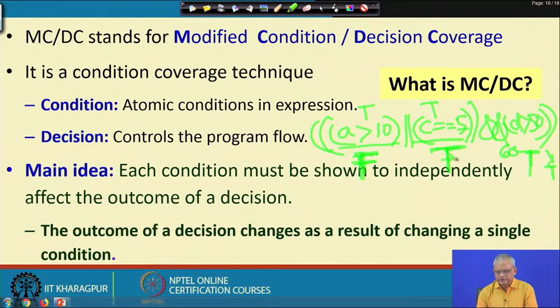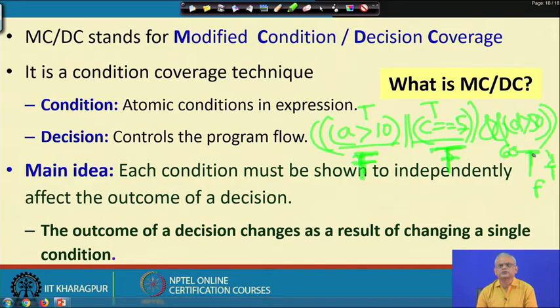So, let us say now the try with false here. This is false already, this is false. So, this becomes false and this is true, and therefore, the outcome will be false. So, we can say that if we hold the first sub expression to false, the last sub expression to true,